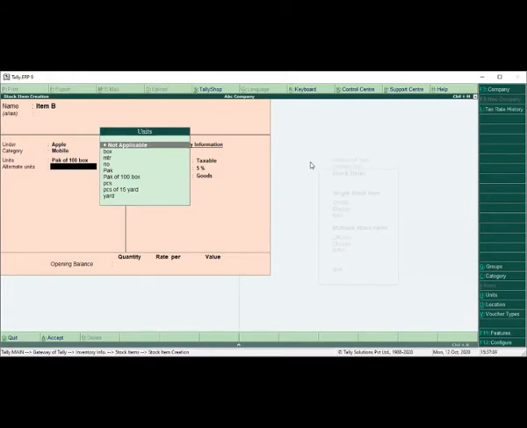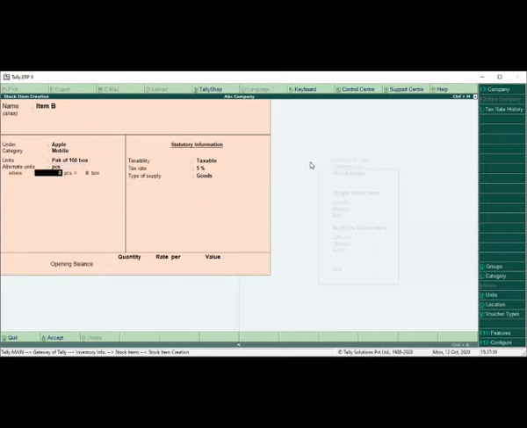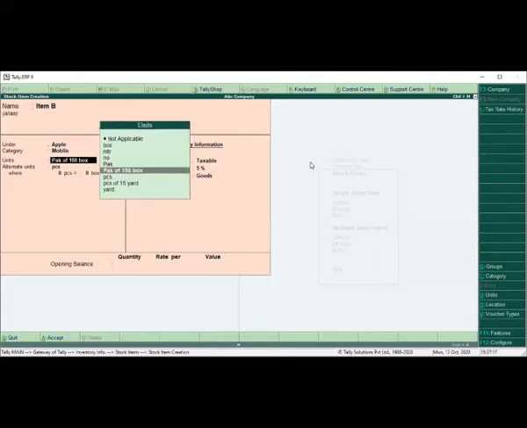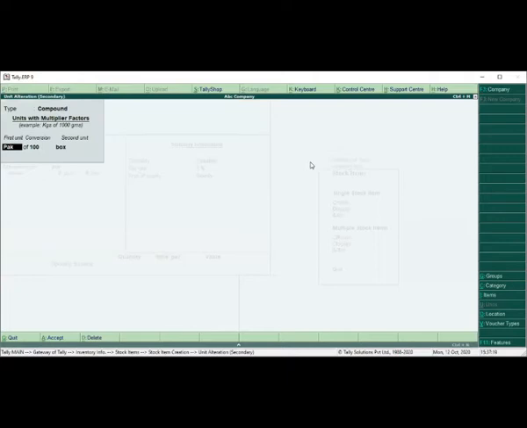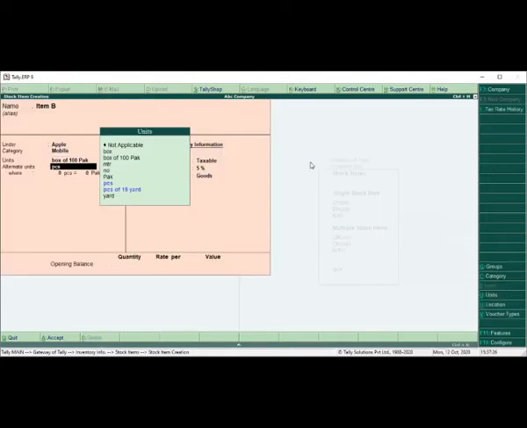Okay, alternate unit. I am dealing in 3 different units, so here it will be pieces. Now pieces means, in one box how many pieces, or I can change it here. If I change box to pieces, packets, now it is asking one piece is equal to how many packets, or let's say 15 pieces I am getting in one packet.